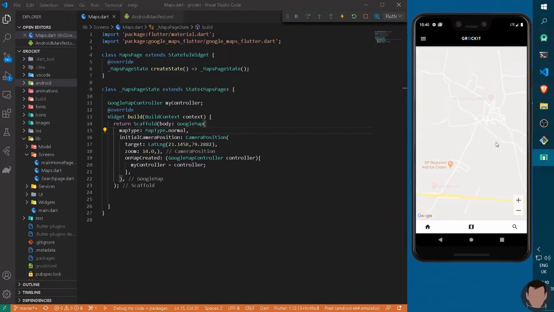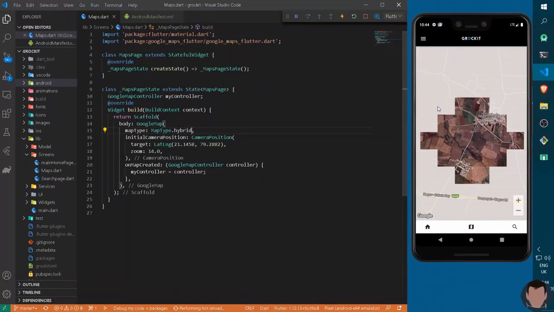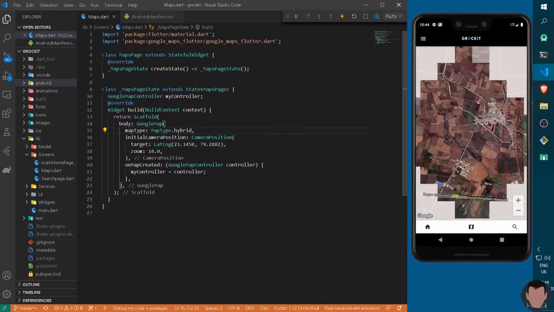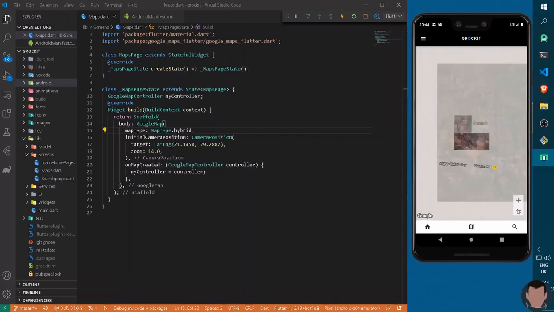So we have initiated our map here. You can also zoom in as well as zoom out from here. This will be the type of our map, so we can change the type here to MapType.hybrid, and if I press Ctrl+S, you can see that we will be saving a hybrid type of map. Now as I said before, it will take some time to load, and it is a random location, so we are getting just this location. You can zoom from it anytime.